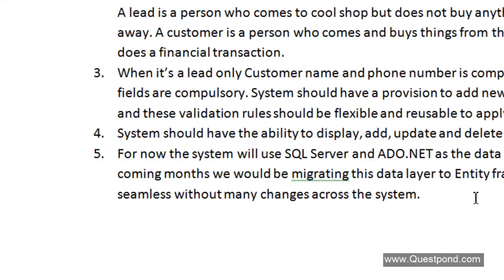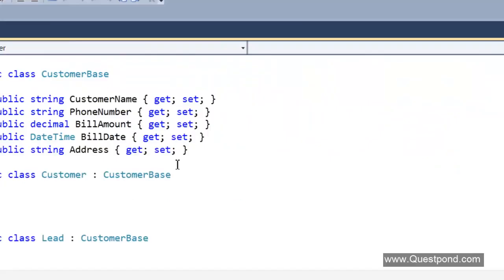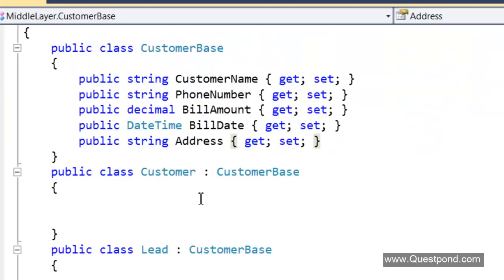And also we had one requirement regarding validation. We said that when it is only a lead, then only customer name and phone number is compulsory. But for a customer, all the fields are compulsory. So the difference between the customer and the lead is in terms of validation.